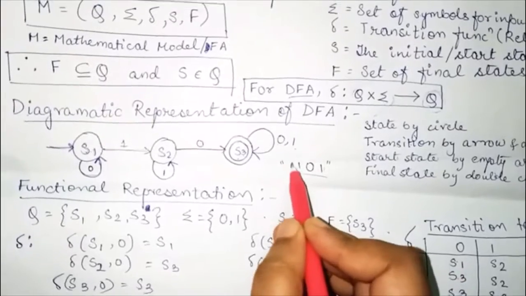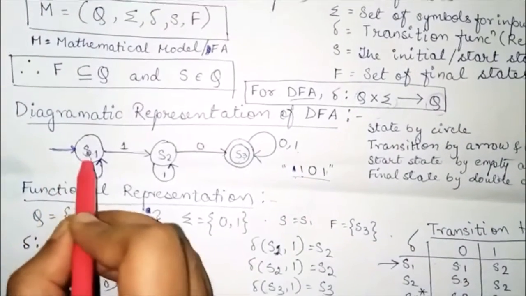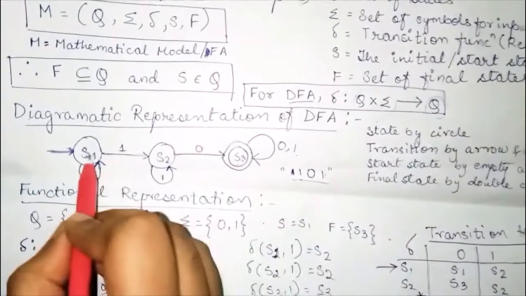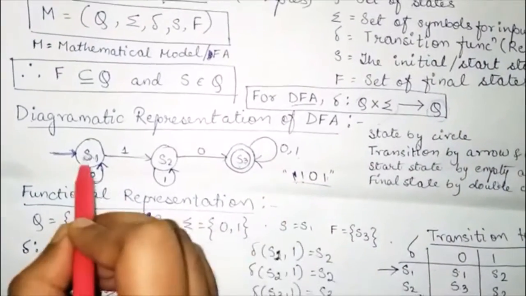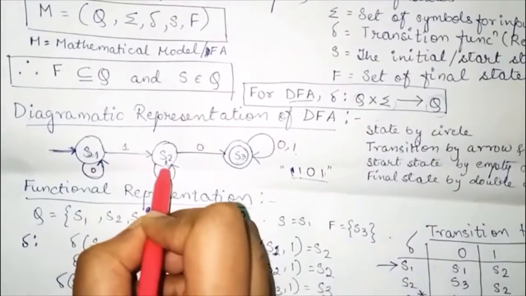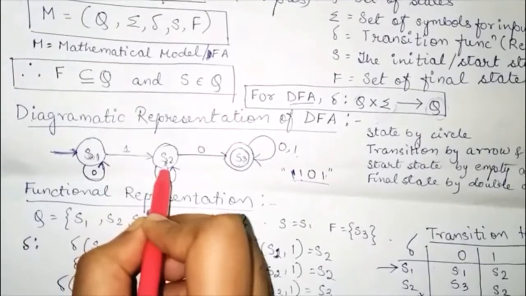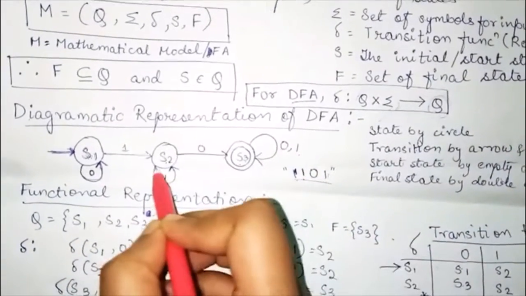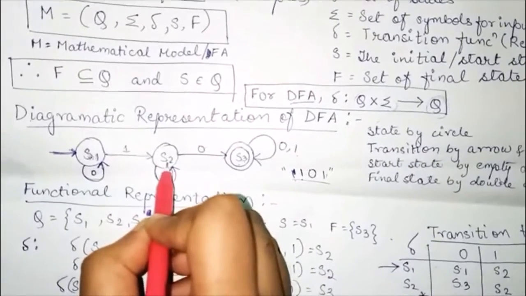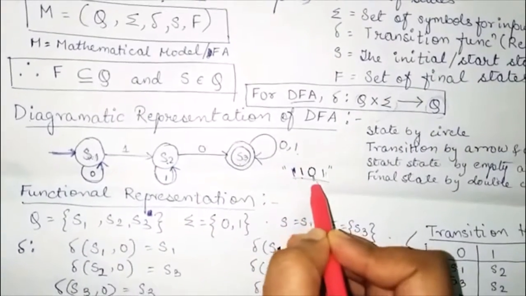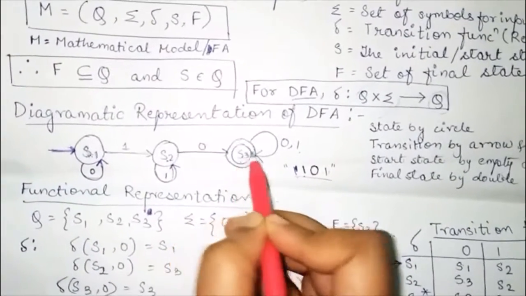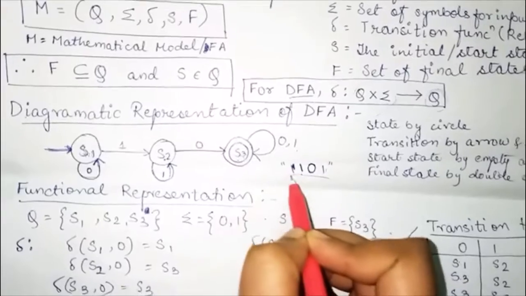1101. So my first input is 1. I will start from the state S1 because this arrow indicates this is the initial state. So on getting 1 as input, I do the transition from S1 to S2. So I reach here, then again I get 1, then I'll stay at the same state S2, then comes 0. On getting 0, I am going to the final state S3, but since my string is